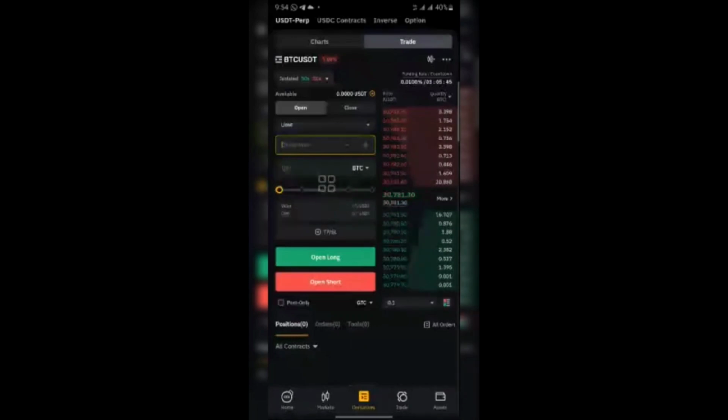What concerns you is the cost. So you'll be using the cost by clicking on this one, by moving this one. You understand? So the prices will be changing. Then you click on take profit and stop loss. It will give you the option, so you put your take profit amount and you put your stop loss amount.